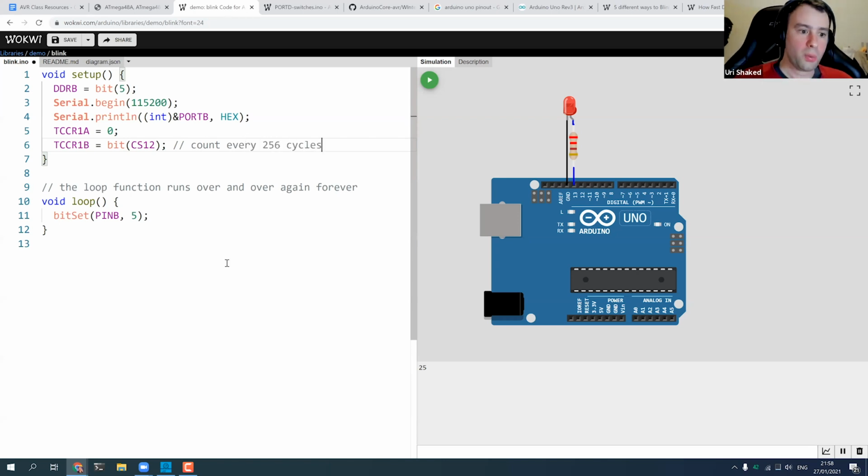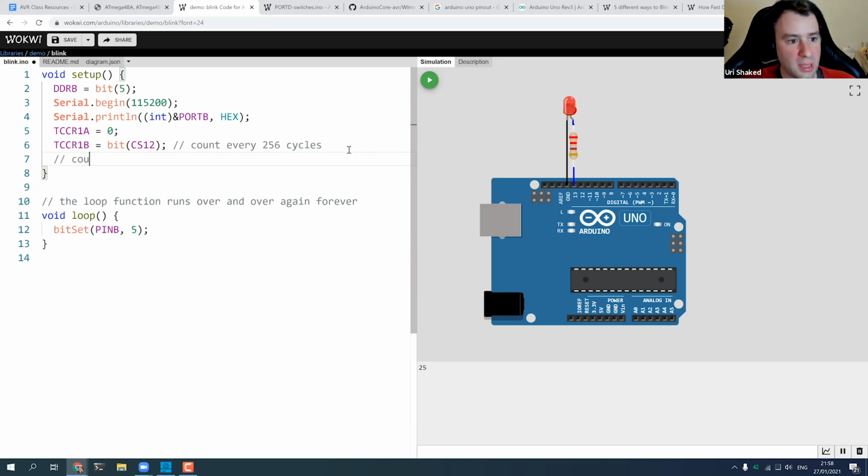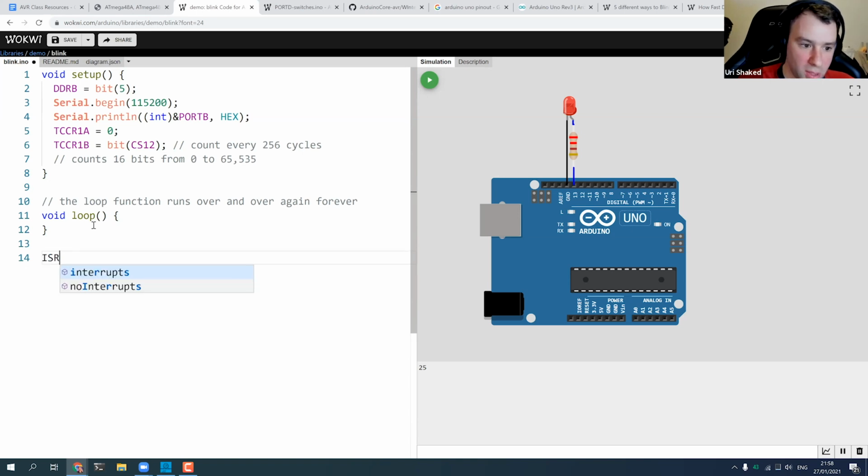Now we want to define a function that will be called whenever this timer overflows. This timer counts 16 bits, so from 0 to 65,535. Whenever it overflows, whenever it gets to the top, we want to call a function, so we declare an interrupt, TIMER1_OVF_vect.